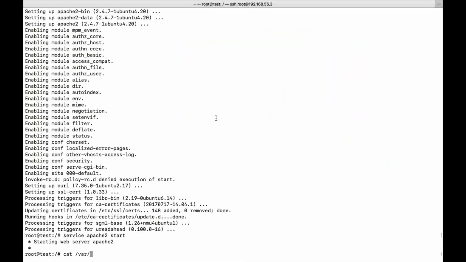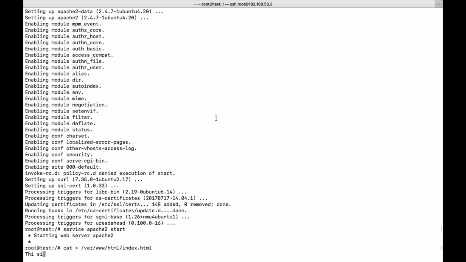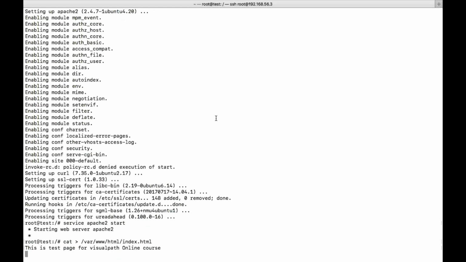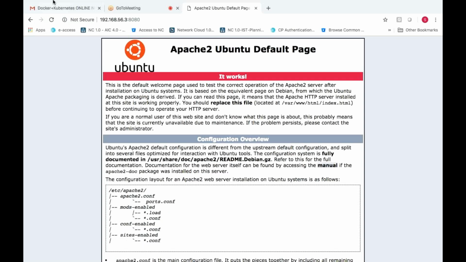This is a container, okay? I'm still in a container. You can see.